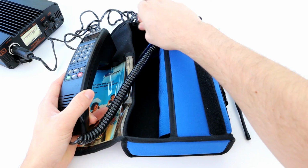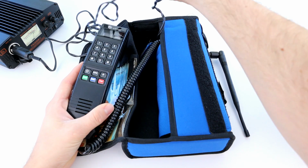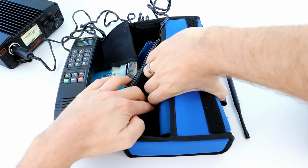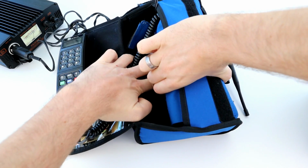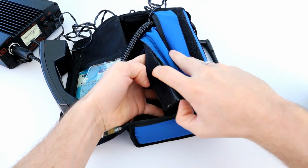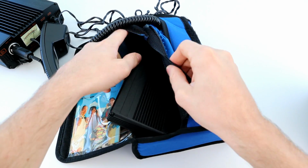So you can see there behind this little flap, we've got some cable here for the power lead. So it would give you a little bit of distance from the car. So if you had no signal in the car, you could just stand outside the car, and there was enough cord there to allow you to do that. And if we just have a look under here, we can actually get out